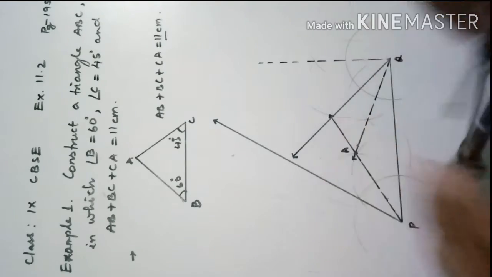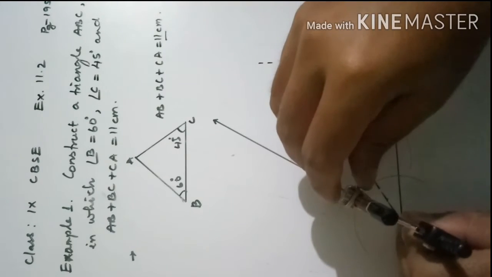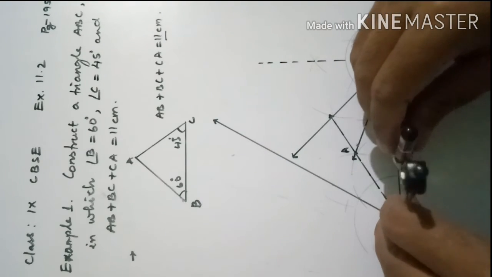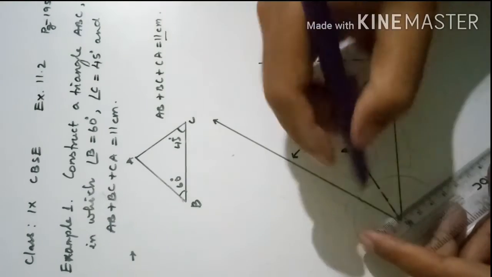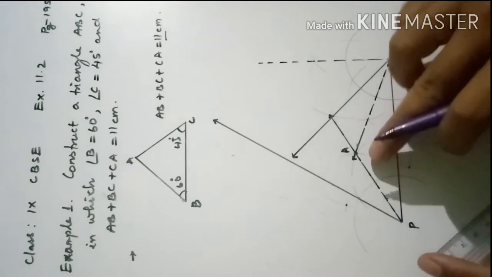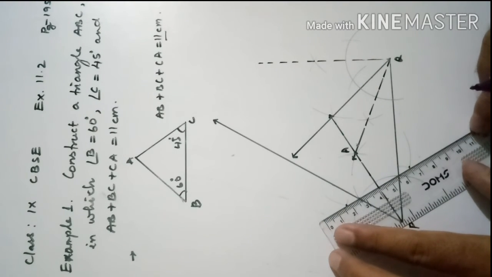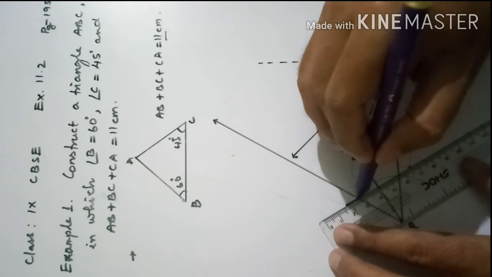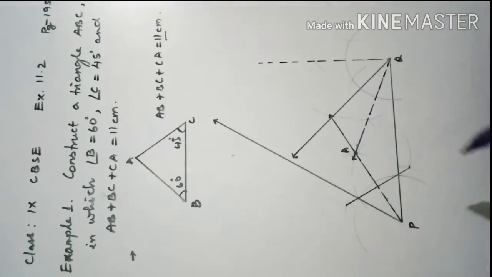draw one arc. Then from the P, same radius, draw one arc. Here also draw one arc. Now the two arcs meeting at 2 points. What we are trying to draw is the perpendicular bisector of AP. So we can draw now perpendicular bisector. You know the meaning. It should be perpendicular. The line should be perpendicular to the AP, as well as AP will be divided into two equal parts.